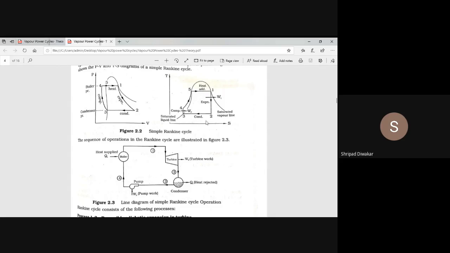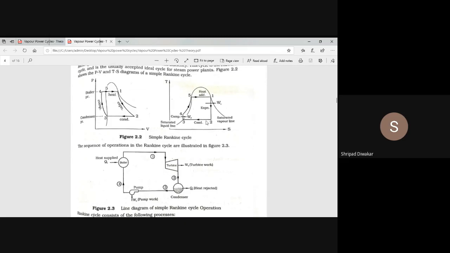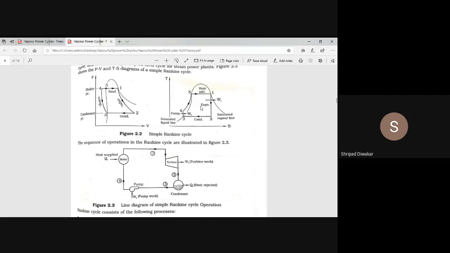Next, heat supplied. Where does heat supply take place? Here, as I said, 5 is your intermediate point. It should not come into the picture because this point lies on the saturation curve, and we are not showing that part in the diagram. That's why don't consider H5, because H5 does not play an important role. So what about the heat supplied? It is nothing but H1 minus H4. You have to take H1 minus H4; that is the heat supplied.